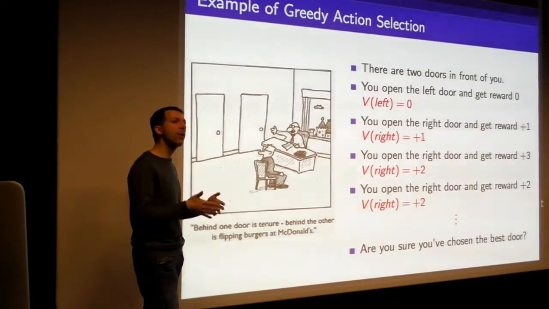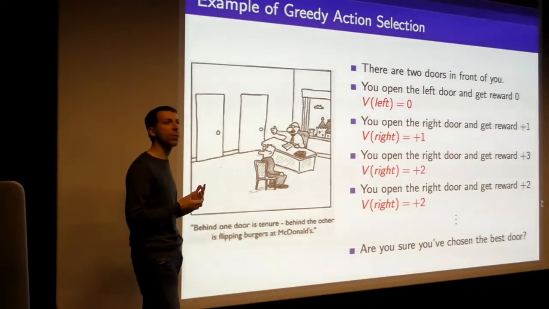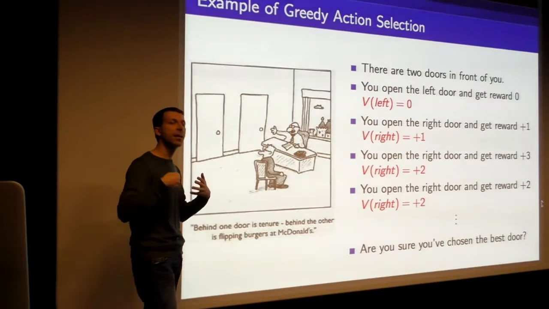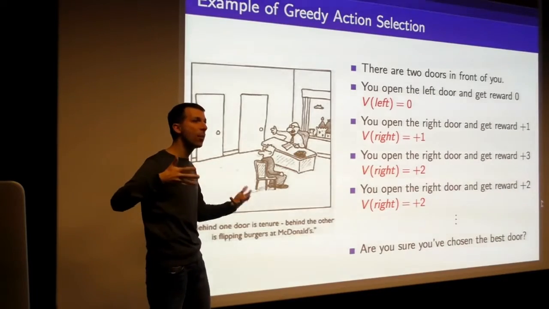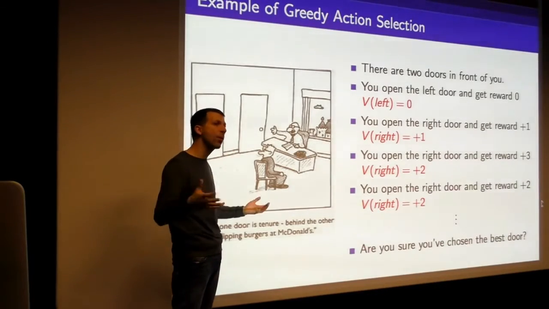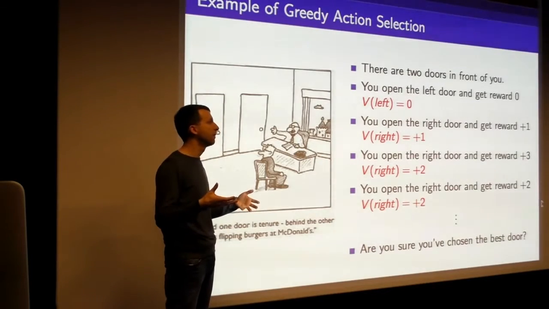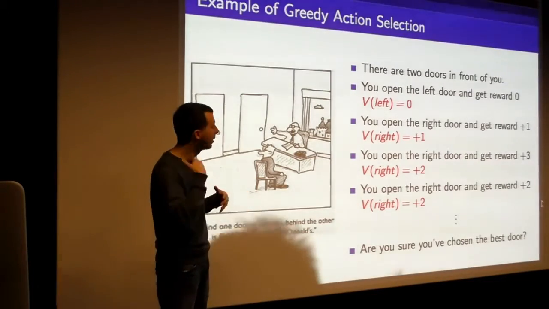You need to carry on exploring everything to make sure that you understand the true value of all of your options. If you stop exploring certain actions, you can end up making incorrect decisions, getting stuck in some local incorrect optimum. Your beliefs can be incorrect, and you need to carry on exploring to make sure that you really understand the values correctly. Do people see how you can get stuck in this situation and just keep on misevaluating?